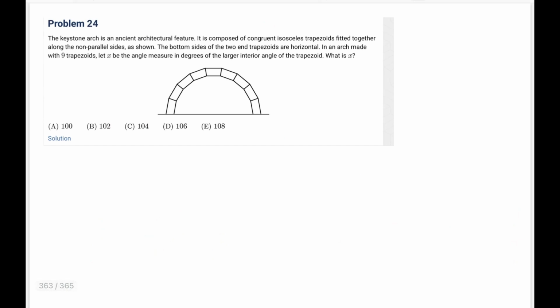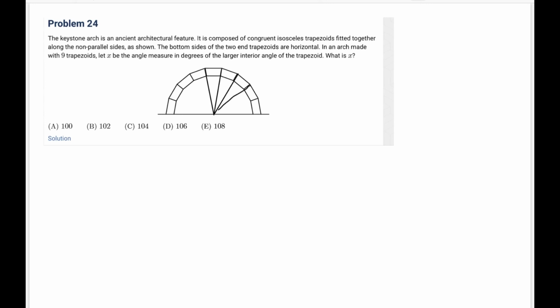And problem number 24. The keystone arch is an ancient architectural feature. It is composed of congruent isosceles trapezoids fitted together along the non-parallel sides as shown. The bottom sides of the two end trapezoids are horizontal in an arch made with 9 trapezoids. Let x be the angle measured in degrees of the larger interior angle of the trapezoid. What is x? Okay, so first let's draw everything like this,